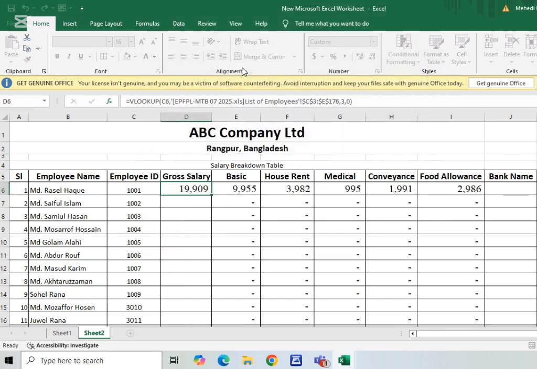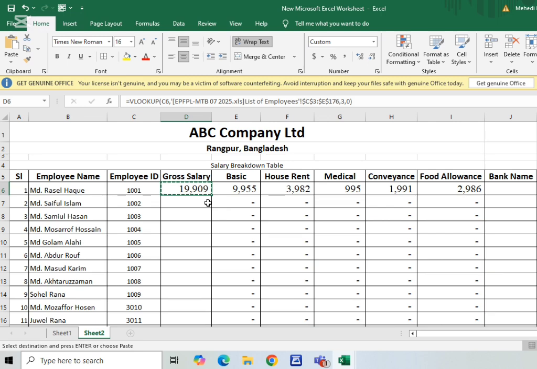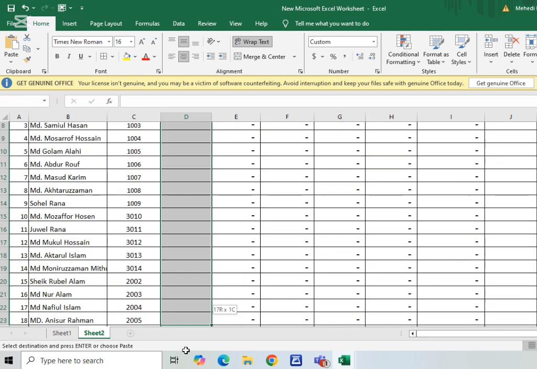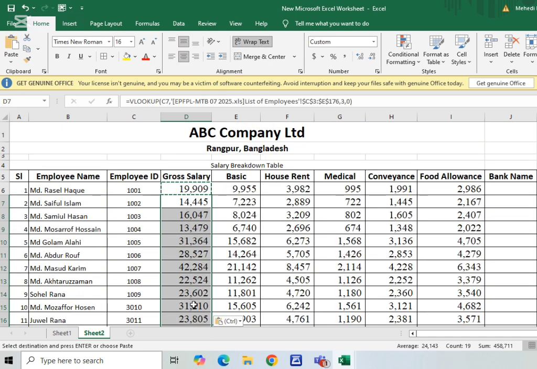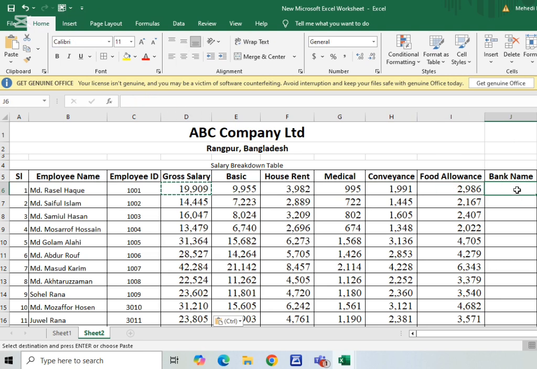There we are using 3 rows, so click 3 and press 0 for exact match. Then hit enter. Now copy the total formula for all the cells. Here you can find all the salaries. I have put all other related formulas for house rent, basic rent, medical allowance and conveyance, food allowance and other